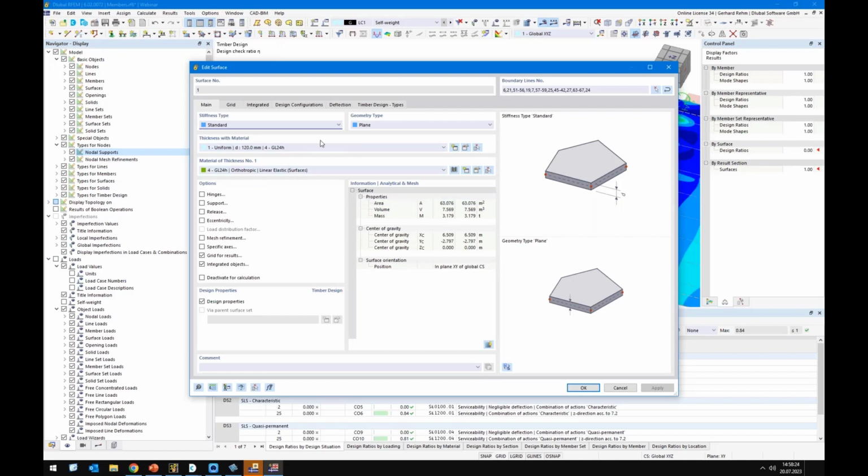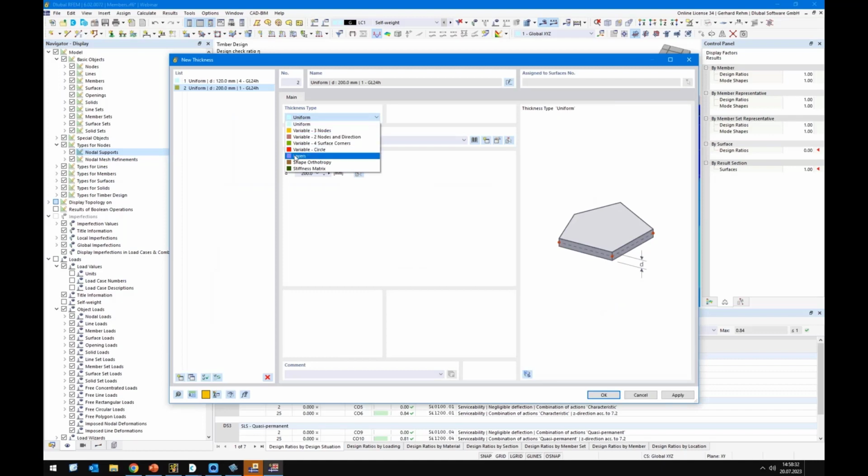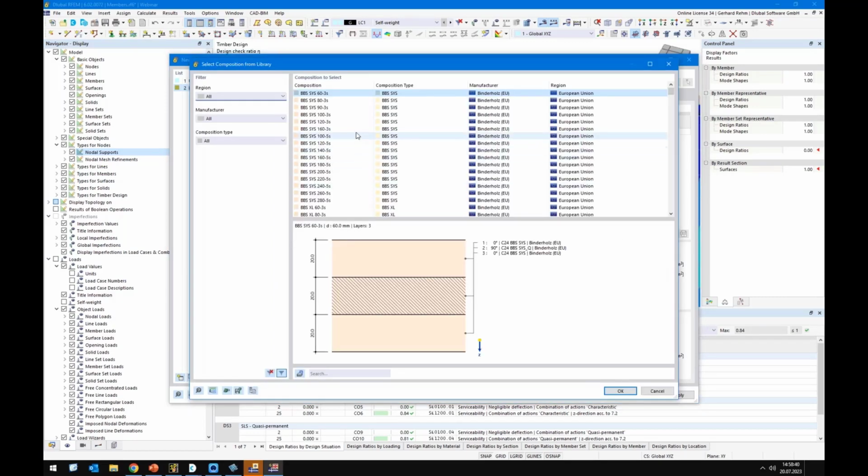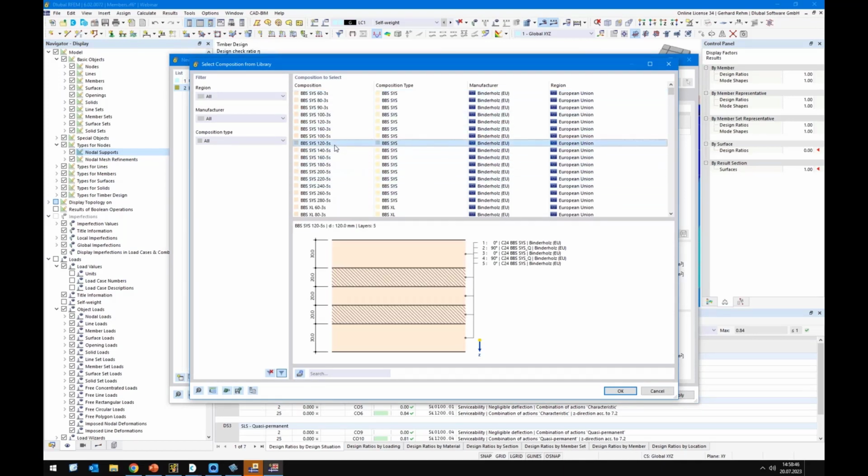Okay, so when you want to design a cross-laminated timber, we create a new thickness in this case, and we will switch to layers here. This is only available if the layer add-on is activated in the base data. And here we can directly select our composition, for example, from Binderholz, a 5-layered 120 millimeter, and then we can compare the ratio from the glue lamp to the